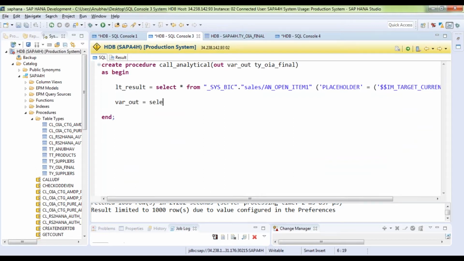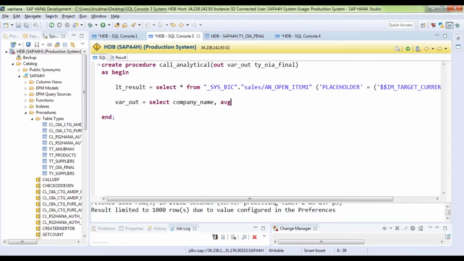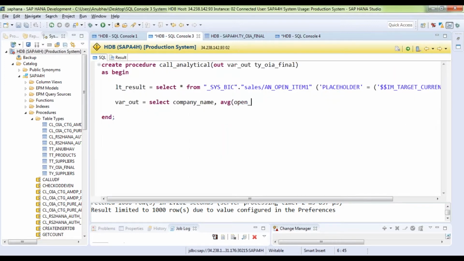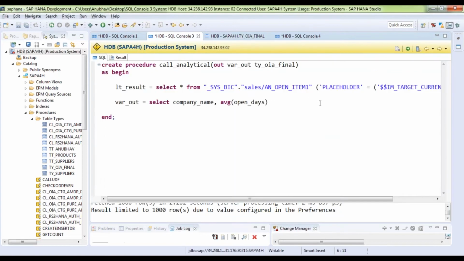equals select, and then first is company name, second field in our result type is average days open. So we have to calculate the average of open days, and the alias name should be according to your table type. So the table type alias name is average days open.